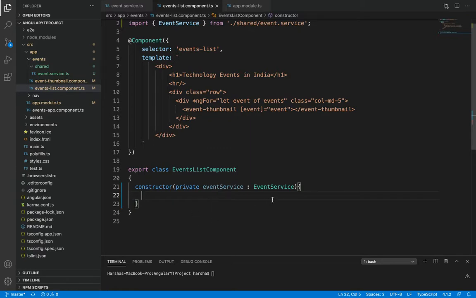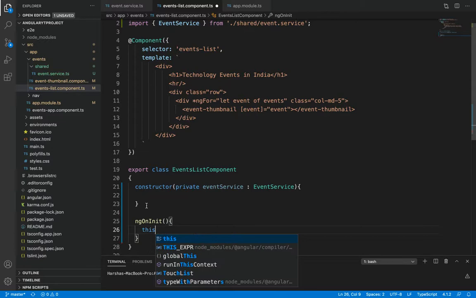Okay. So instead of invoking inside the constructor, which is not recommended, we will make use of Angular lifecycle hooks, that is ngOnInit. Okay, ngOnInit method we have to make use of here. To understand more about this ngOnInit and other lifecycle methods, lifecycle hooks, you can make use of my video which I have already explained very clearly inside this Angular series. Angular lifecycle hooks, there is a separate video for this. You can watch it. Okay.